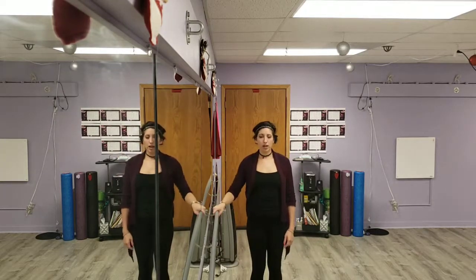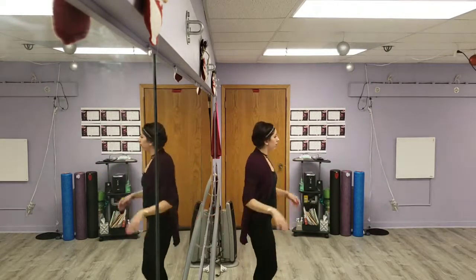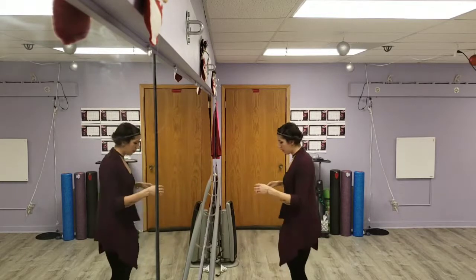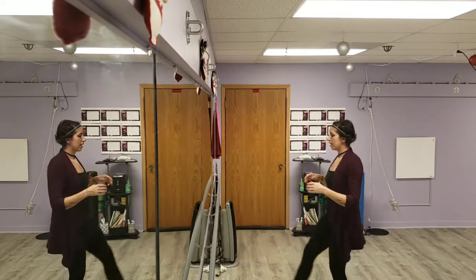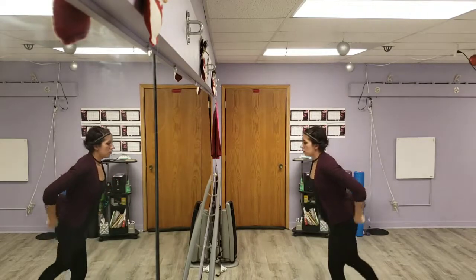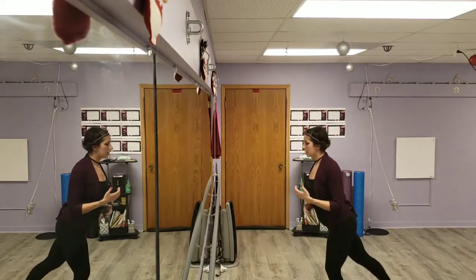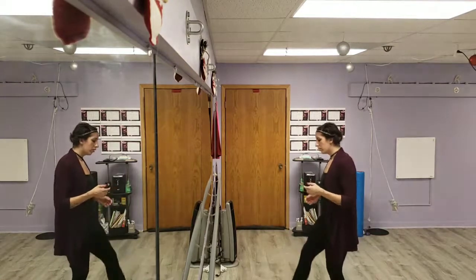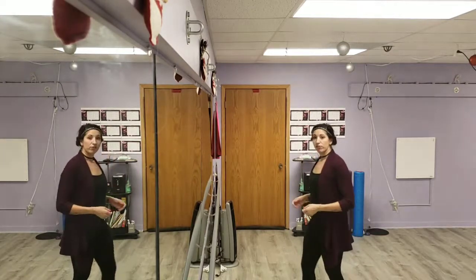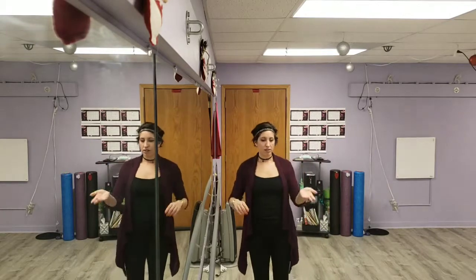Again, cueing to hold on, but then eventually releasing, where they go 8 forward. I'll face this way so I don't kick anything. They go 8 forward, and I'll cue them to go as high as they can, and then 8 back. And I make sure that this leg isn't locked out, where they go back, shoulders back, belly button, and all the things. They go 4 forward, 4 back, 2 forward, 2 back, and then back and forth for 8. And we do each side 2 times. So I face,